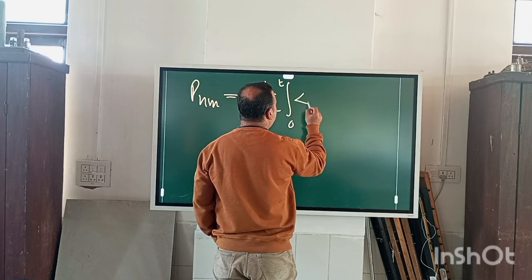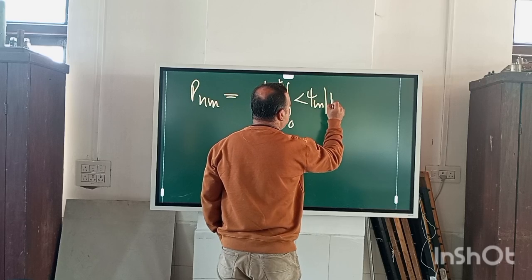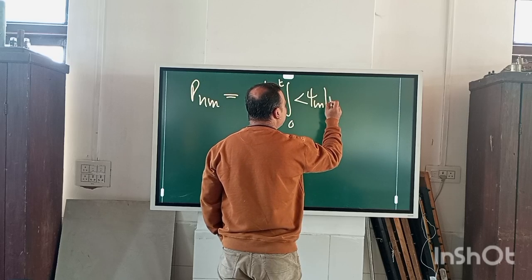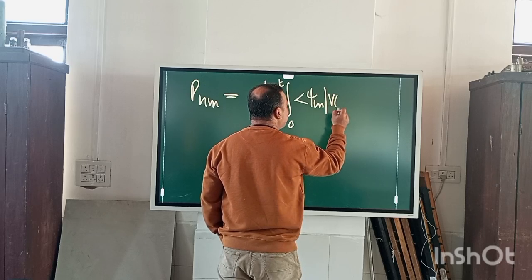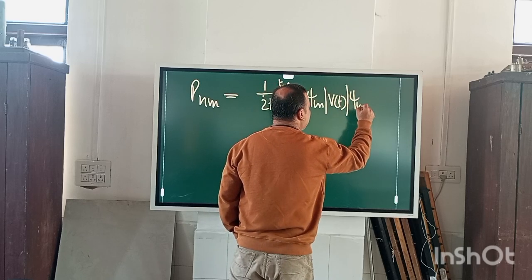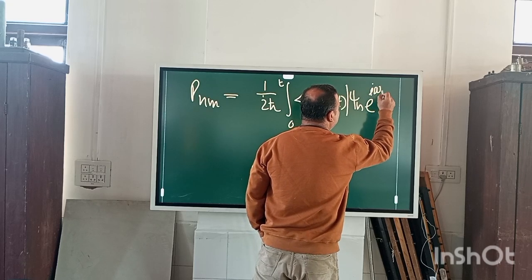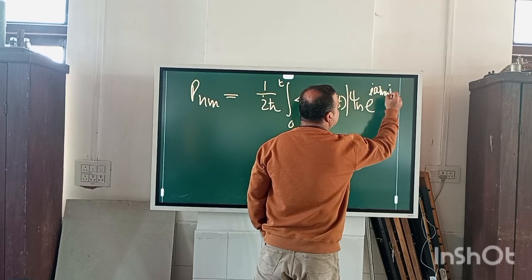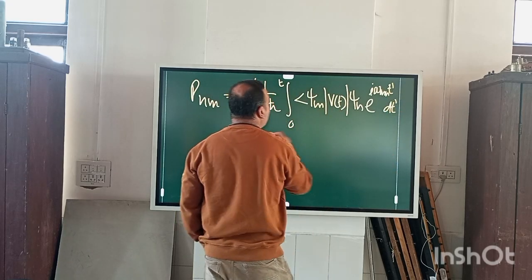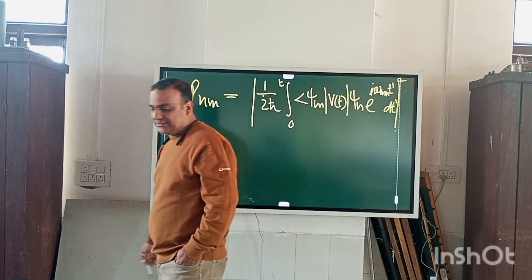Then we have the expectation ⟨ψm|H|ψn⟩. For H, I will directly use the perturbation in terms of the potential that is dependent on time, and then I will have ψn, and then e to the power of iω_mn t' dt', this whole square. This whole square will give us